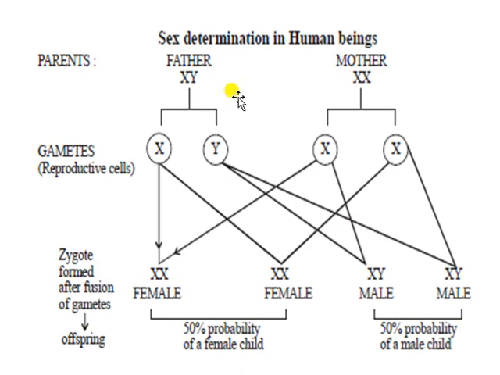Now we are going to the next slide. Here we will be discussing how sex determination in a human baby is performed, and this is only one calculation, nothing else. Suppose the father is always male, and that's why the chromosomal configuration is XY, and the mother is a female, so the chromosomal configuration is XX.